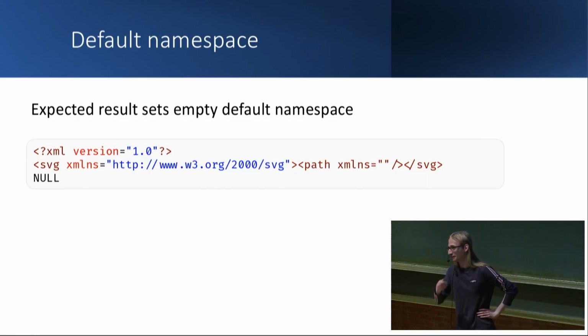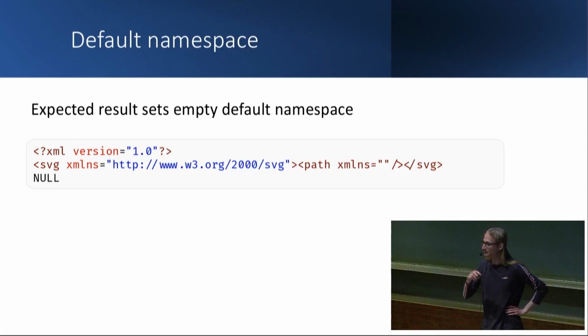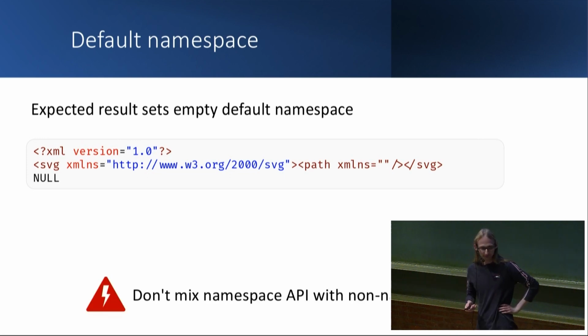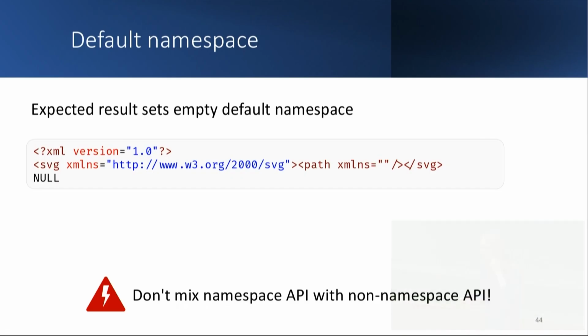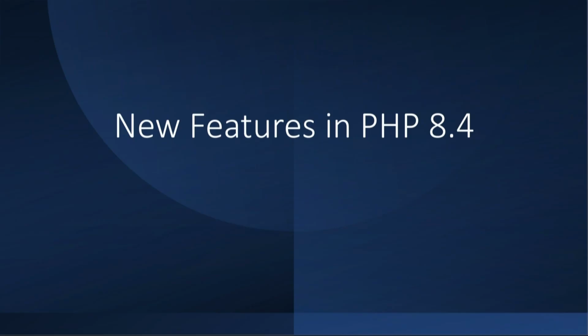Yeah, this is actually what the expected result is if you ran that code. The XML namespace should have actually been reset in the path, and then it all works properly. And this is actually what browsers do if you execute the equivalent code. So yeah, if you're stuck on the old API, don't mix these namespace-aware and non-namespace-aware APIs. But finally, for some fun stuff,